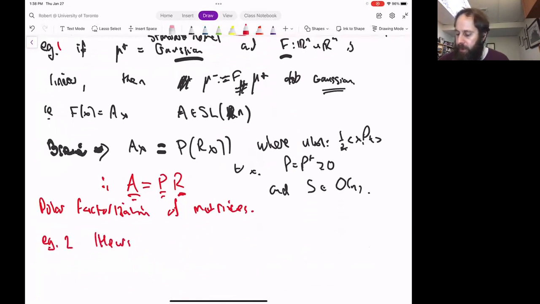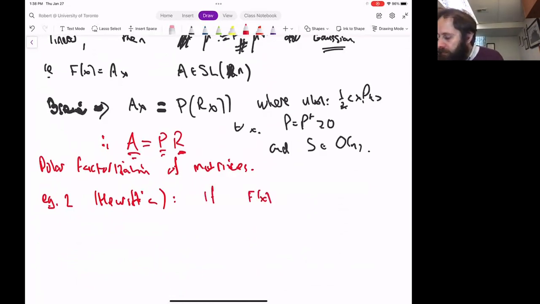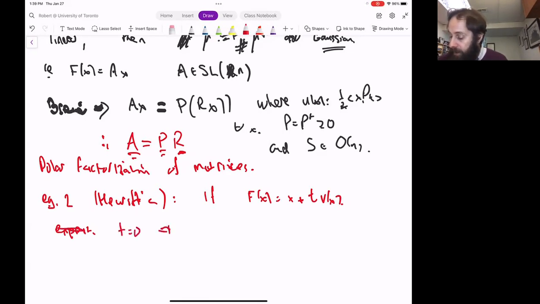And this is a bit heuristic, right. If f of x is x plus something, let's say plus t times a vector field v of x, you expect, well, first of all, if t is 0, so t equals 0 implies f is the identity map, and then f equals grad u composed with s, equals the identity,